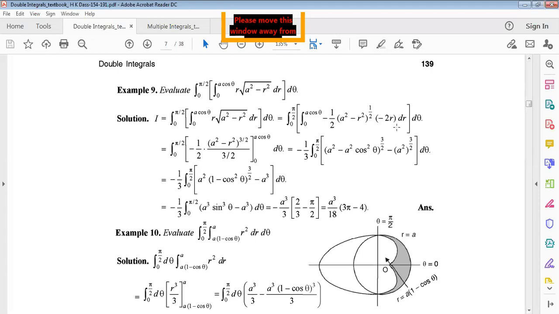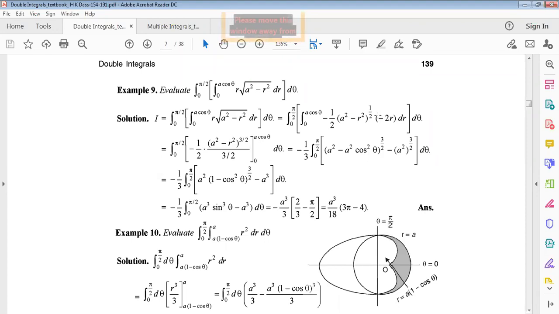Then we get this one, just arranging: minus half a square minus r square to the power half, then minus, if you take minus twice r here, 2 cancel, minus minus also cancel, it looks like the same term. Now this can be written as minus half a square minus r square to the power 3 by 2, dividing by the same power 3 by 2, just putting in the limit. Actually this integration will be this, and this differentiation will be this, right? And integration will be the antiderivative.